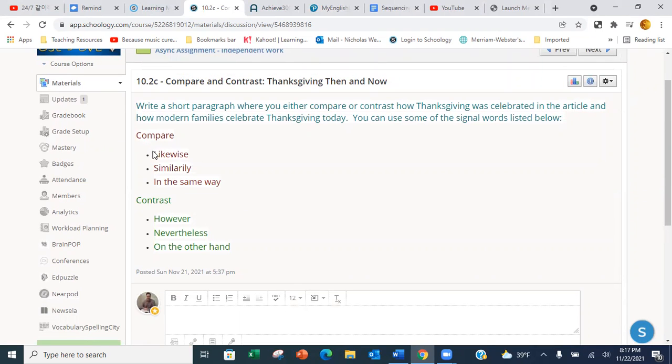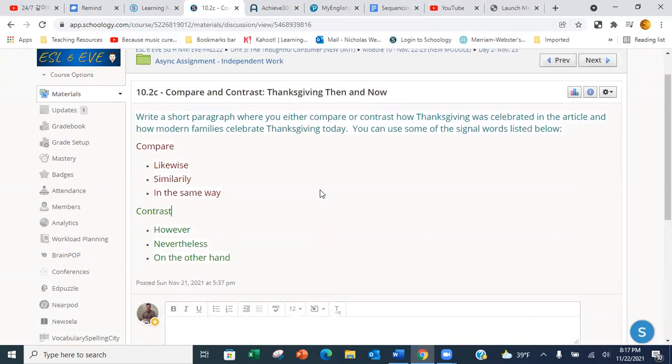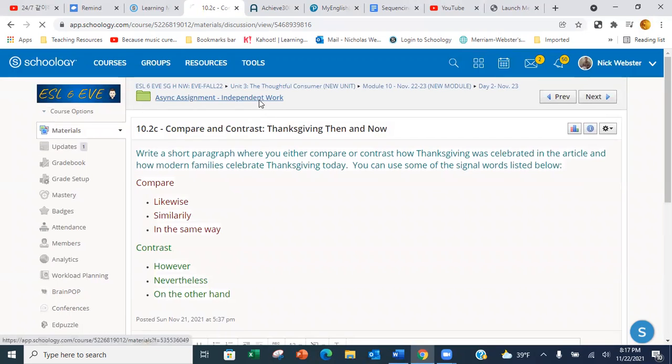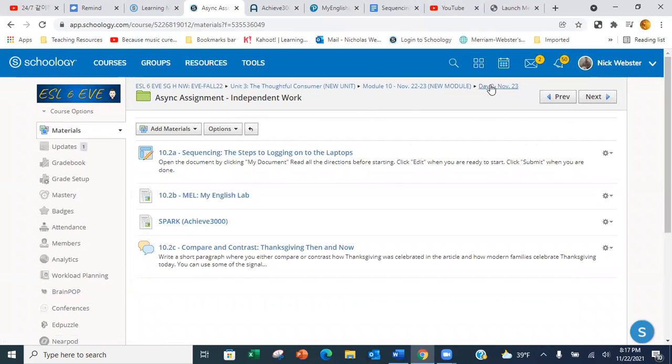If you want to compare, you can use some of these words. If you want to contrast, you can use some of these words. Make sure you use either compare or contrast grammar for your paragraph. That is the final activity for today,